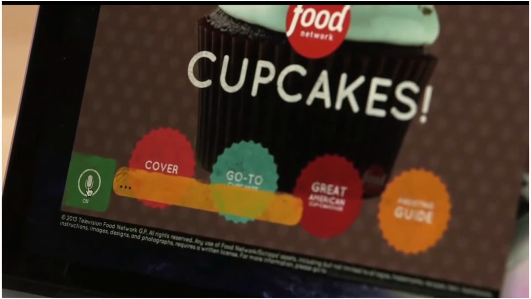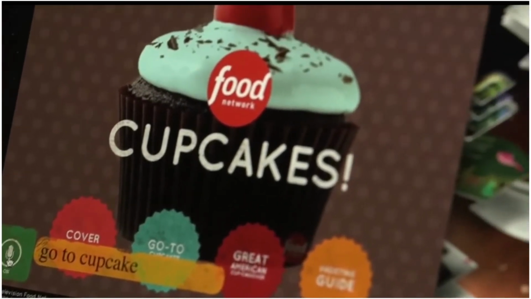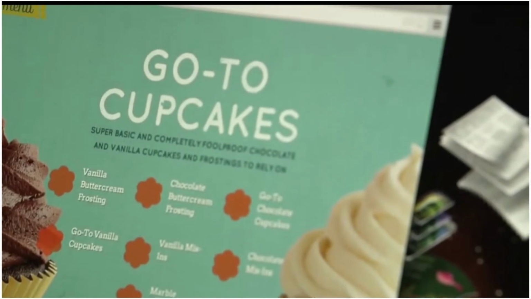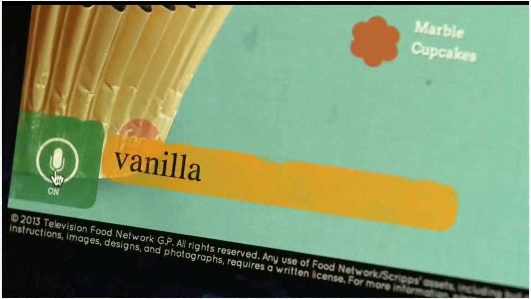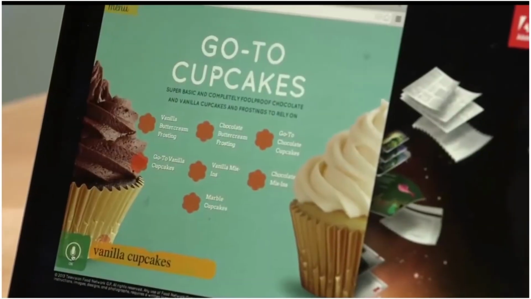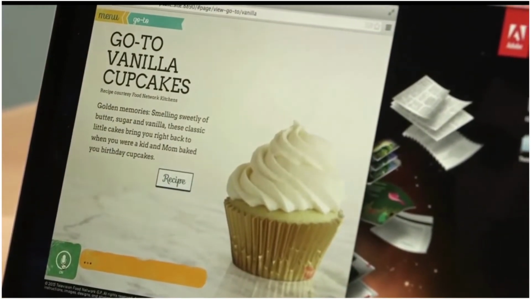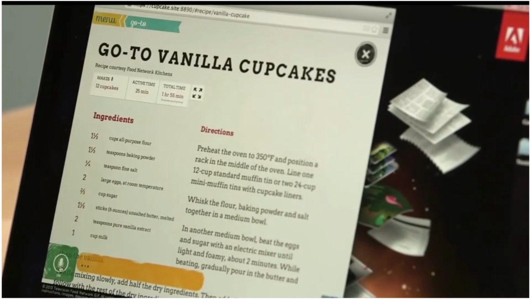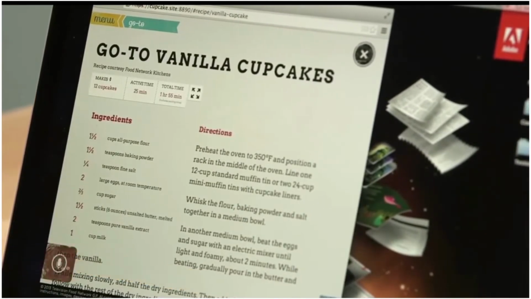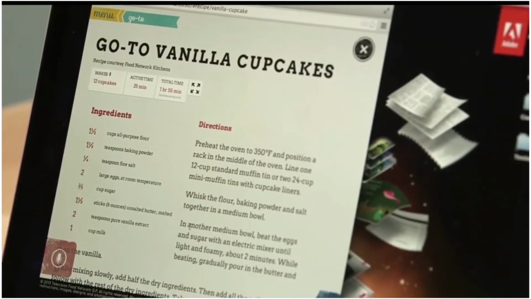Go to Cupcakes. Vanilla cupcakes. Recipe. So you can see how that creates the ability for us to navigate the application without ever having to touch